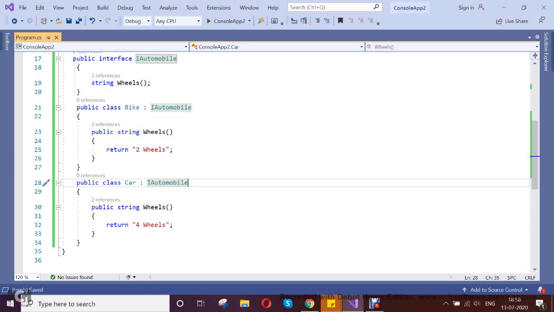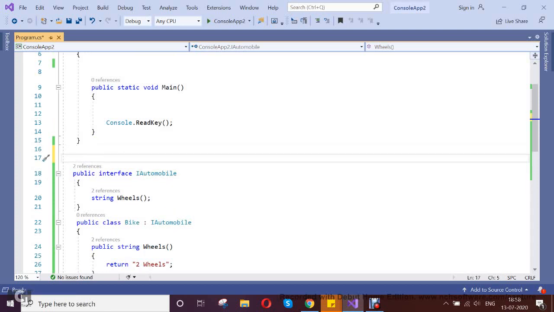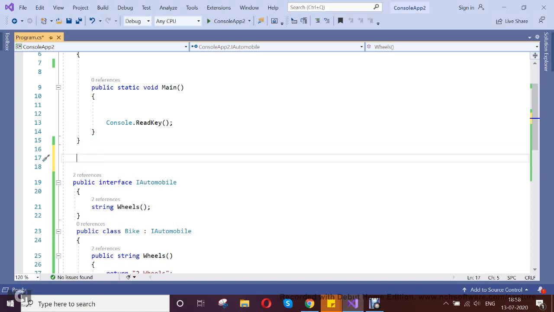The high level module should only implement the interface. That's the code. These are the low level modules, the core modules. Finally, I am writing one more, the high level module, which is my controller.